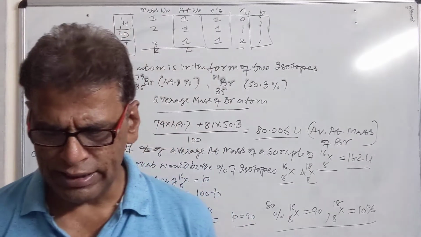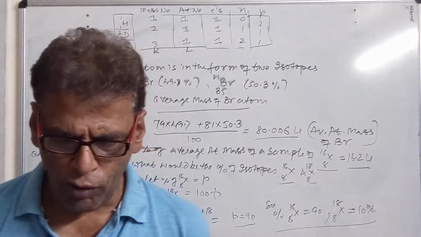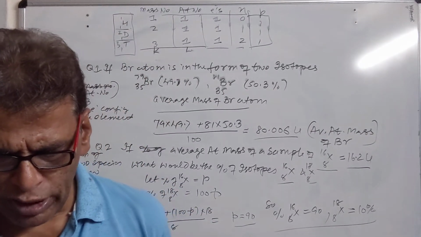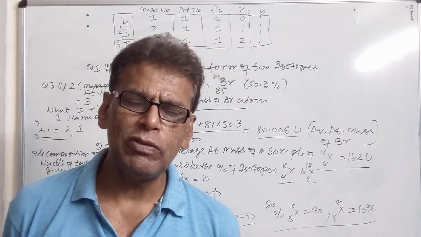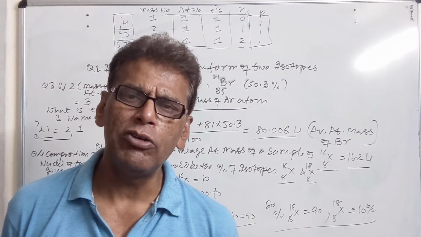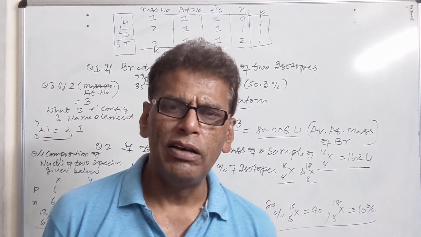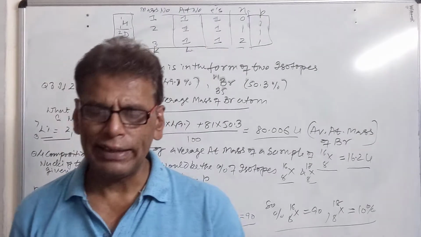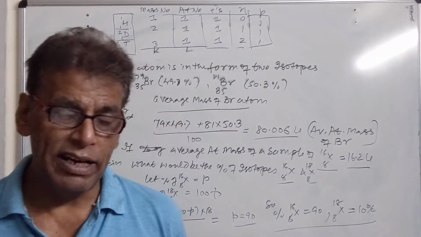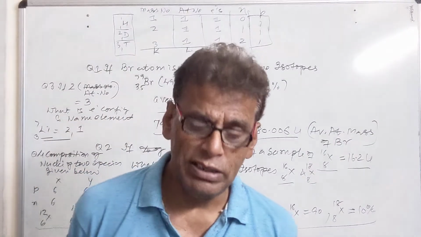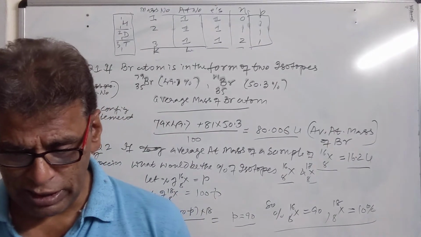Then we have the next question. The Rutherford alpha particle scattering experiment was responsible for the discovery of atomic nucleus, electron, proton or neutron. It was responsible for the discovery of the atomic nucleus, because 1 out of 20,000 particles was deflected back along the incident path. So it was suggested that there is a dense, positively charged center situated in the center of the atom, which was named the nucleus later on.